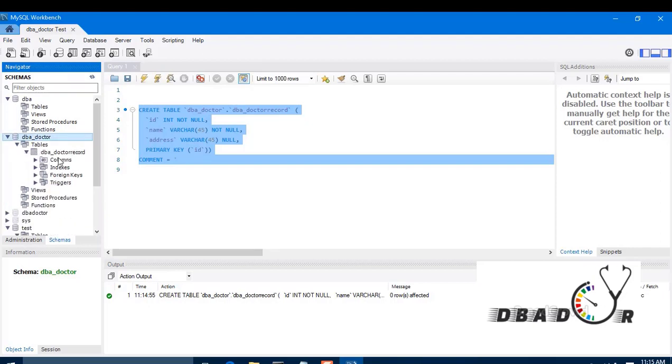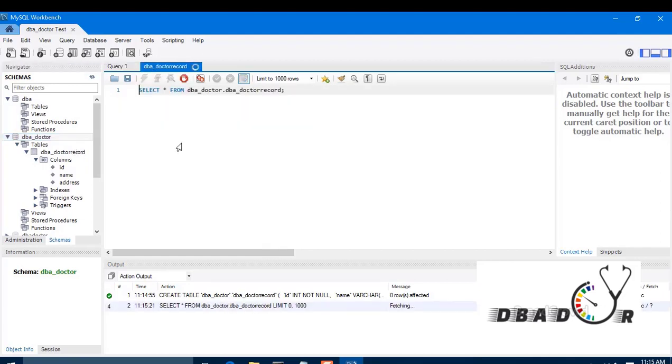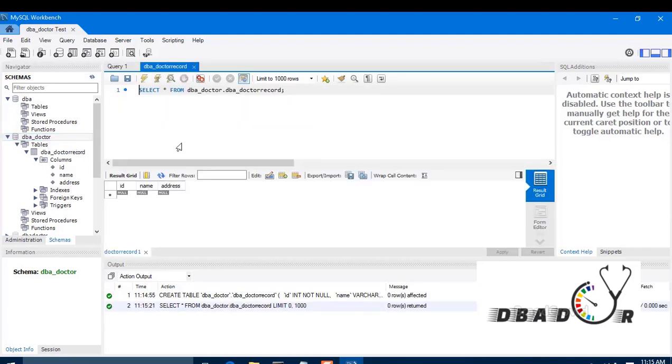Yeah, so the table has been done, but there is no record. You can see the column is there. If we want to see the record, it is not there. So what we have to do is insert a record.